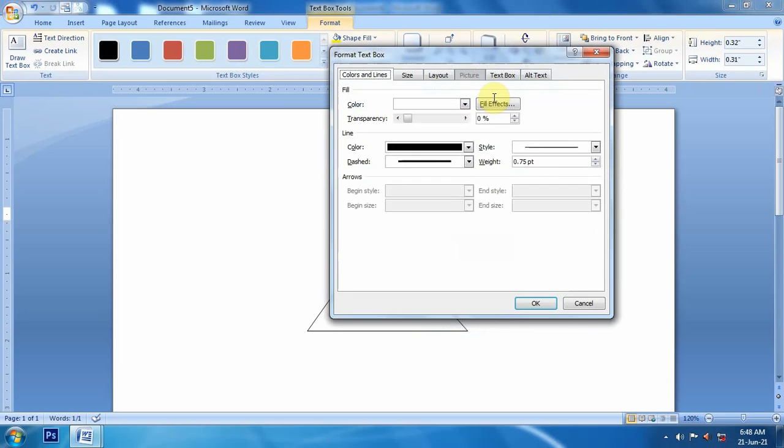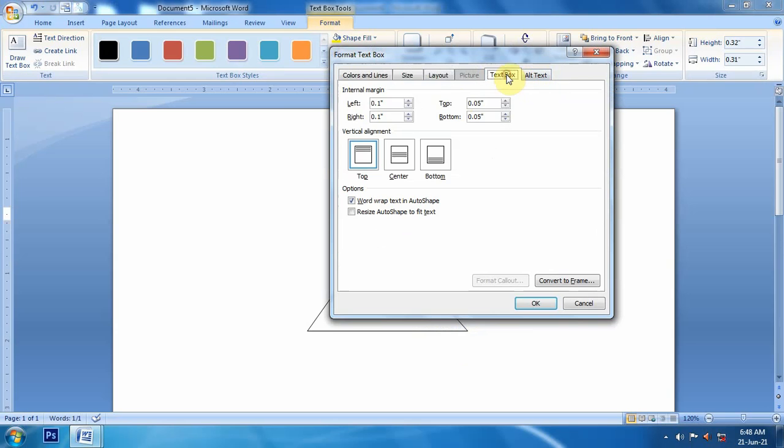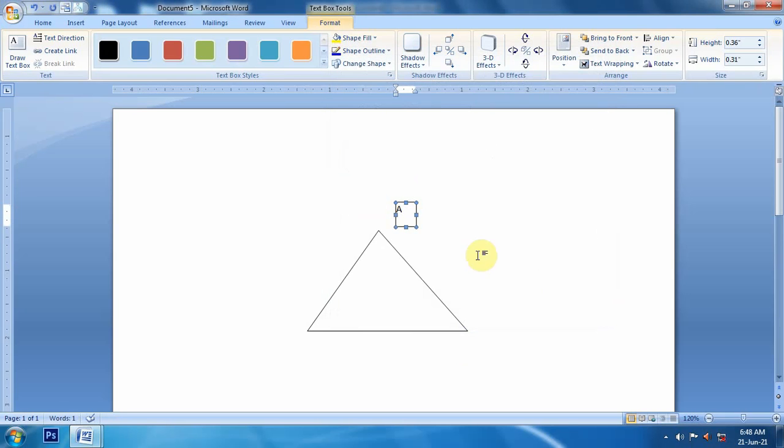We will go to Format Text Box, and in Text Box we will keep all these options 0. These are the margins of text from corners. Place this text center and resize the shape to fit the text. Now we can reduce its size, and we can delete its outline as well as fill color both, and we'll place it like this.